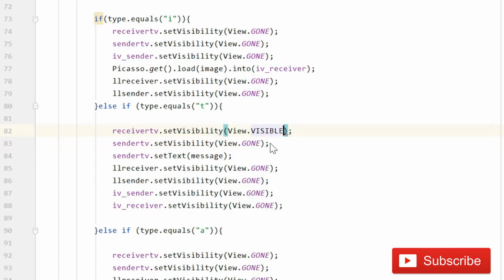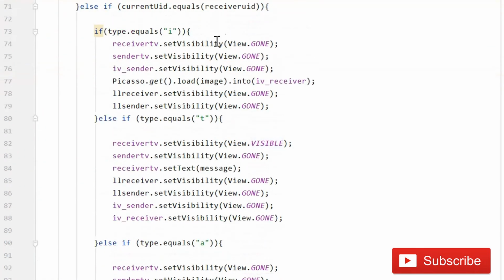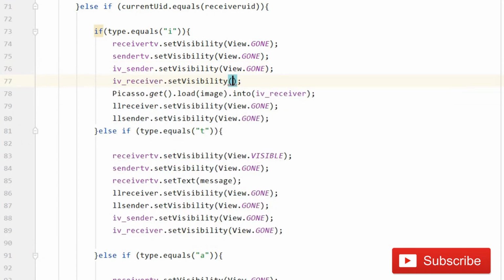This should be visible, and it should be receiver TV dot set text message. And then here receiver TV, IV receiver should be IV receiver dot set visibility, visible, understand?